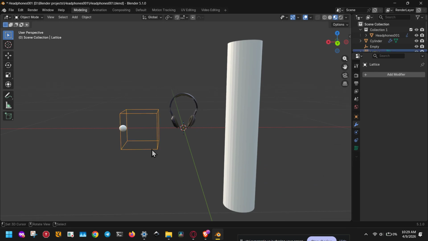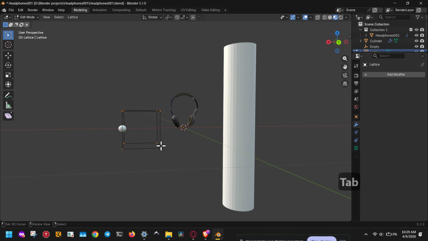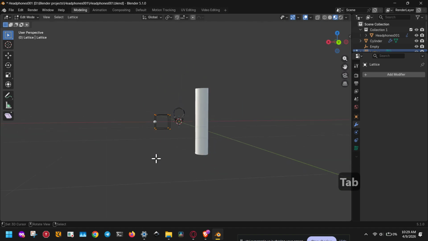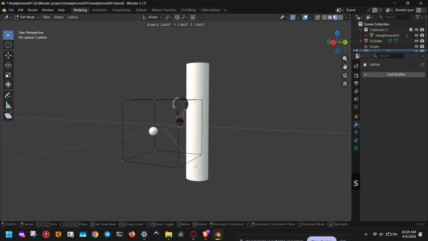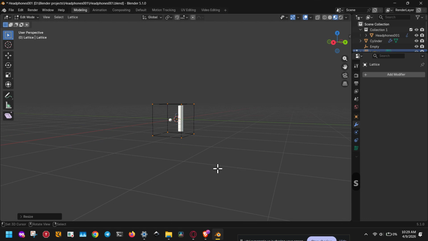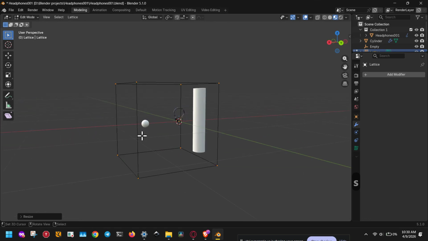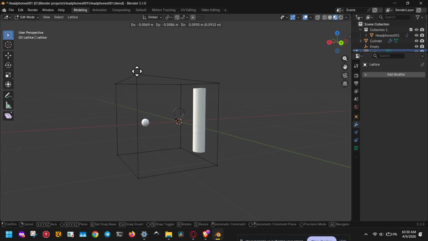Now select the lattice and press Tab to enter Edit mode. You'll see the control points of the lattice, and this is where the magic happens. Move those points around, and your object will bend, curve, and reshape to follow the lattice smoothly. This method is perfect when you need more control, or when your object has more detail and you want to